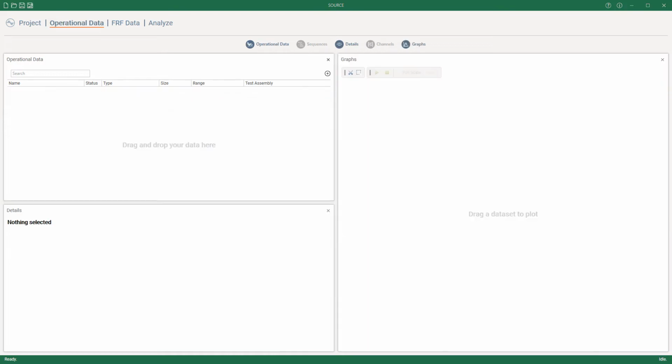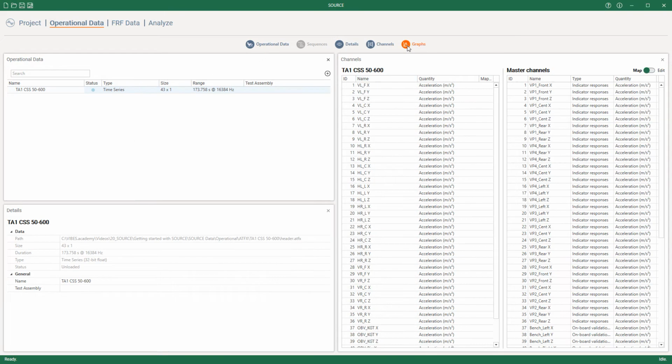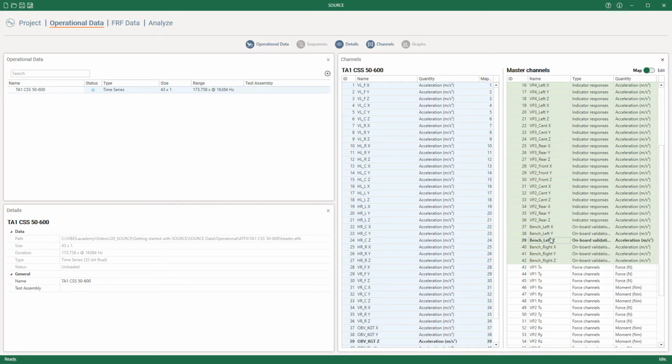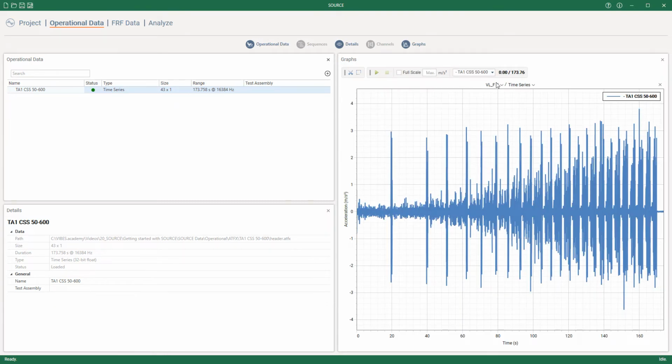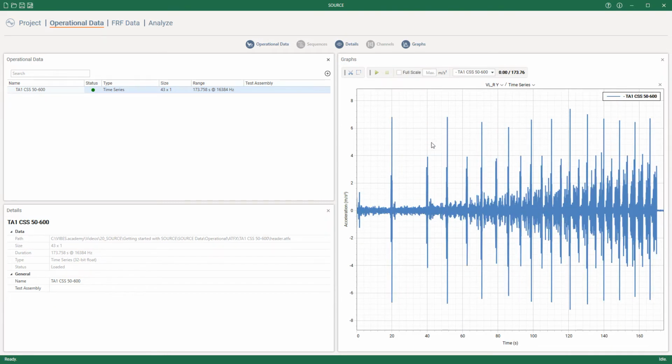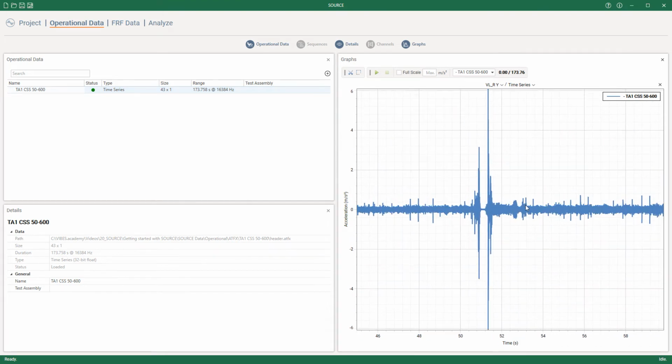Now that this is set up, let's also load in our operational data, map them to the master channels, and quickly check if all the mapping was done correctly. By the way, this was all the bookkeeping that we had to do, which means that we don't have to worry about this anymore and can start looking into our operational data, while in the background, Source will take care that no channels get mixed up.